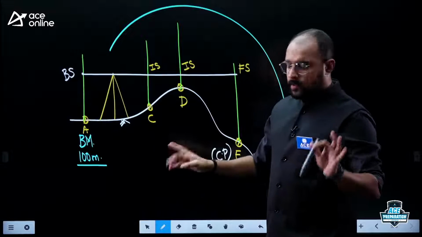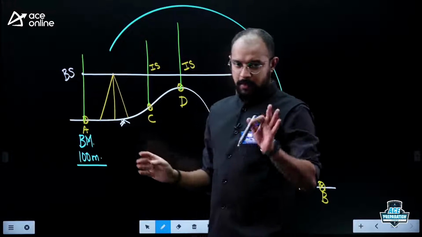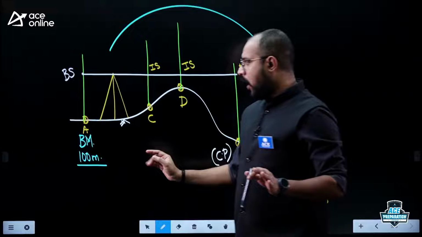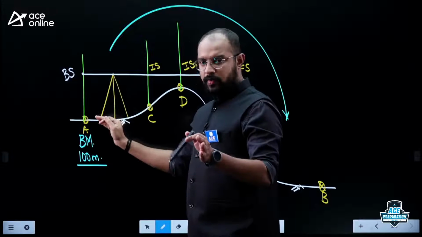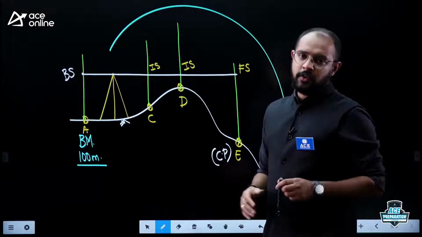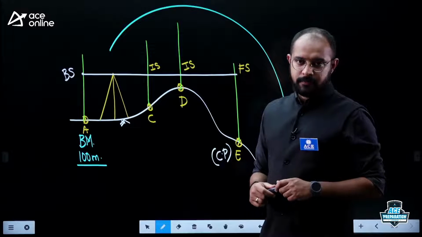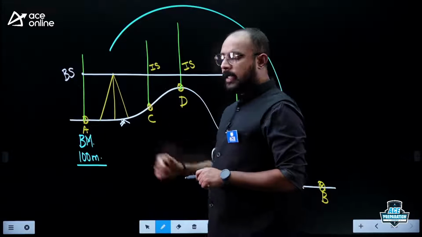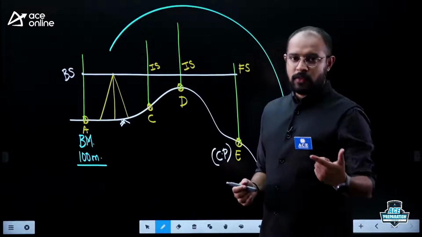Absolutely wrong. It is not the height of the dummy level above the ground. Please remember that. It is not the height of this particular dummy level or auto level above the ground. It's not that height. But in fact, it is the elevation of the line of sight above the assumed datum. Please understand, it is nothing but the elevation of the line of sight above the assumed datum.